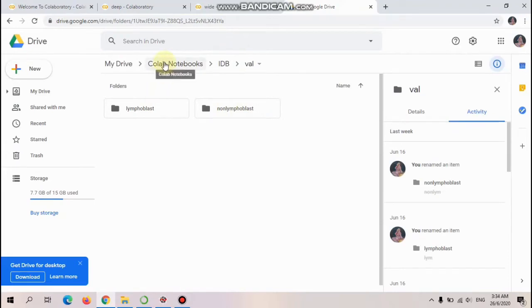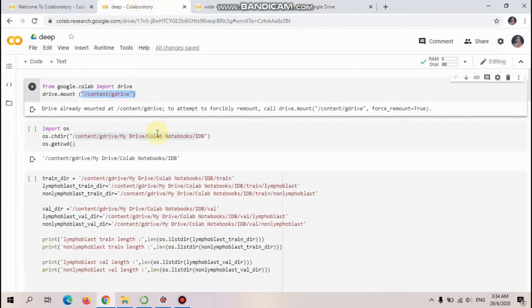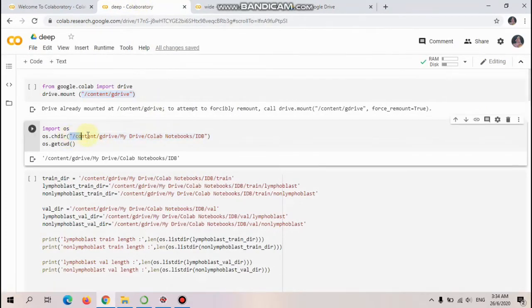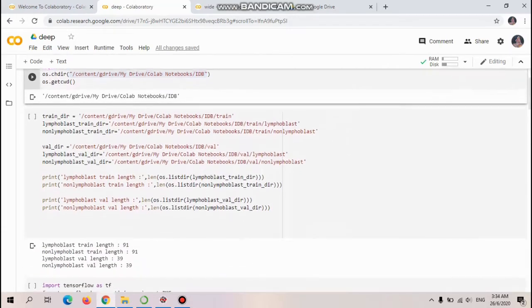So as we can see, this name is what we use to connect with our Google Cloud and Google Drive. I use this coding to connect my Google Cloud and Google Drive. So when we run it, it automatically connects. So for the third step is